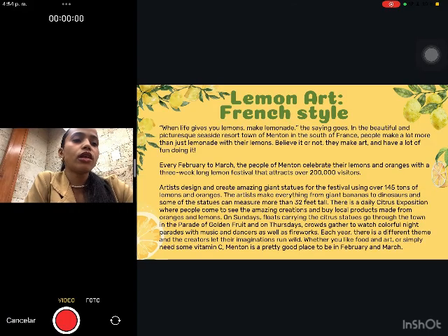On Sundays, floats carrying the citrus statues go through town in the parades of golden fruit, and on Thursdays, crowds gather to watch colorful night parades with music and dancers, as well as fireworks. Each year, there is a different theme, and the creators let their imagination run wild. Whether you like food and art or simply need some vitamin C, Menton is a pretty good place to be